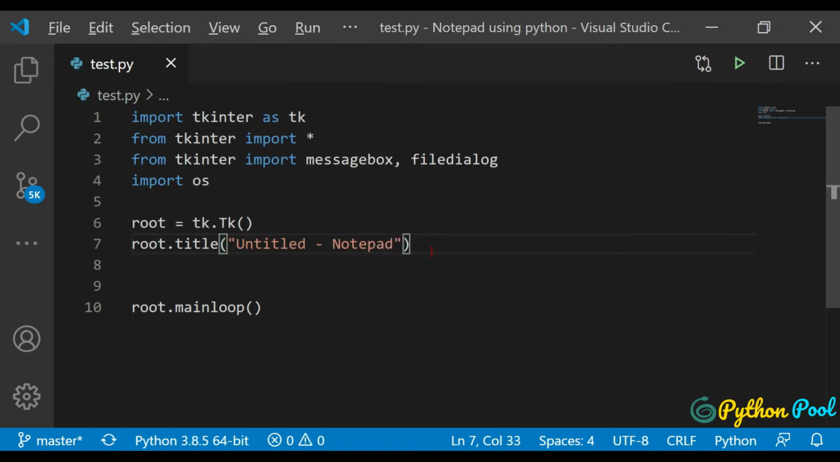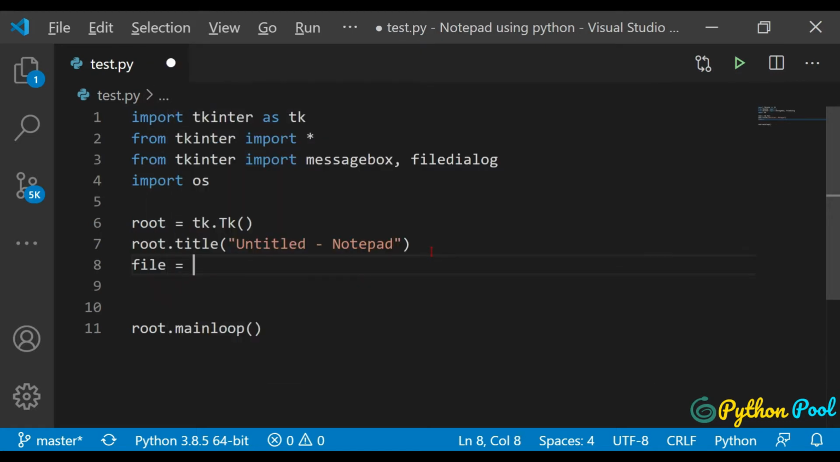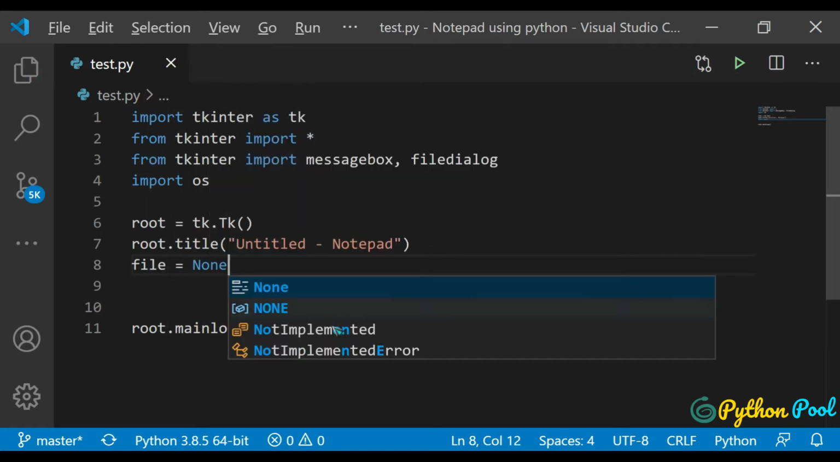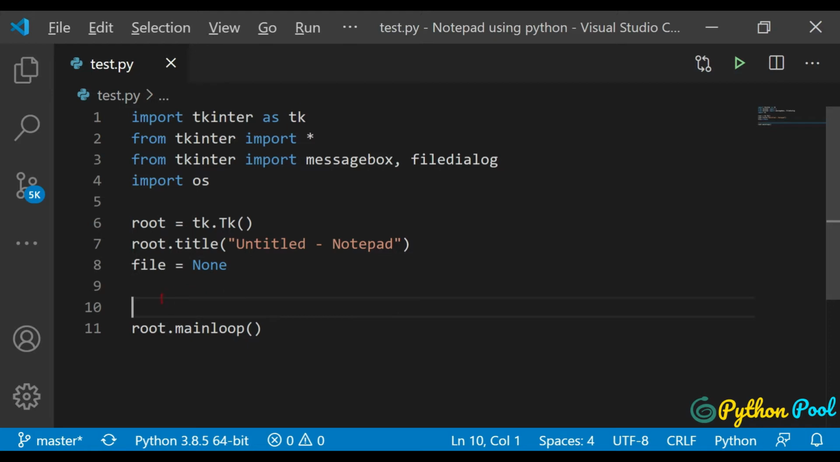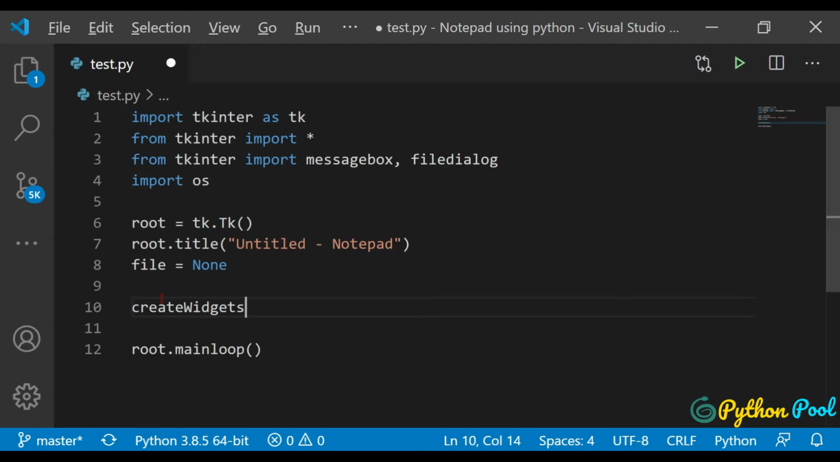And I'll set a file variable to none. We'll be using file variable for the various purposes. I'll tell you when we'll define this variable. And after this, I'll call this create widgets function, in which we'll be creating all our widgets. Okay, now let's define this function,